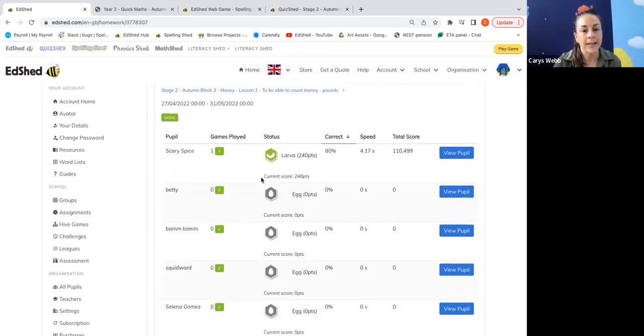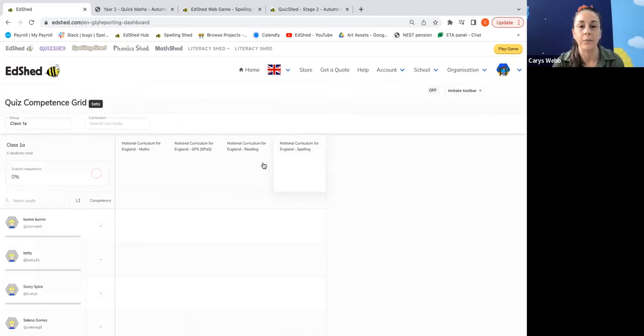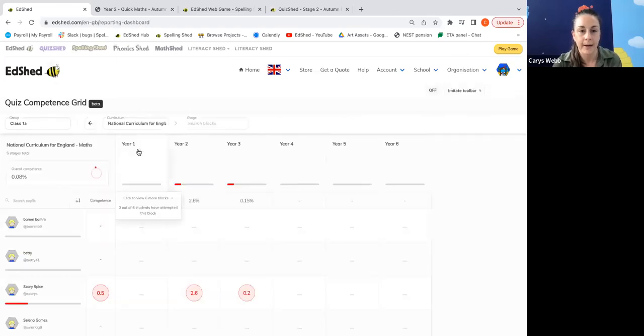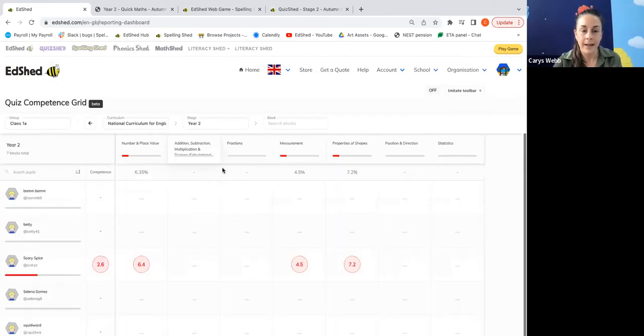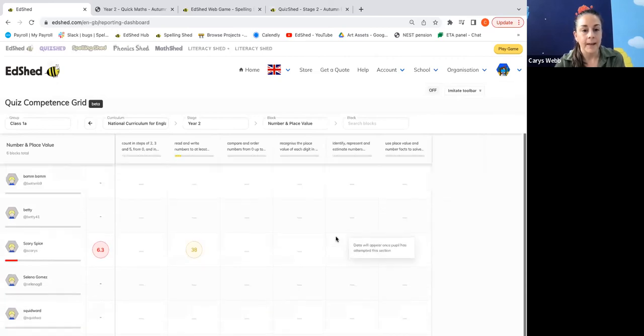Now, whilst we're looking at data, we have a competence grid, and any quizzes that a pupil answers that are tagged with a specific curriculum area will feed into this grid. So here's my class, class 1A, and if I click into maths and whichever year group I am, and then the next subcategory, so number and place value, for example. Now this is my test account, so I've only played a couple of games on different things, but